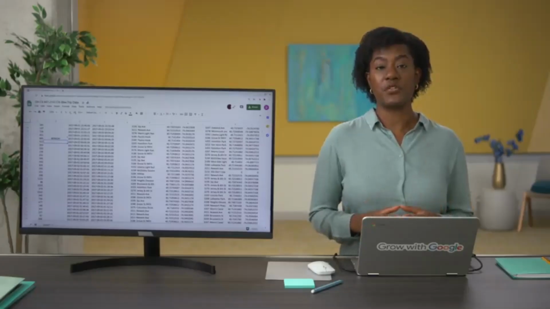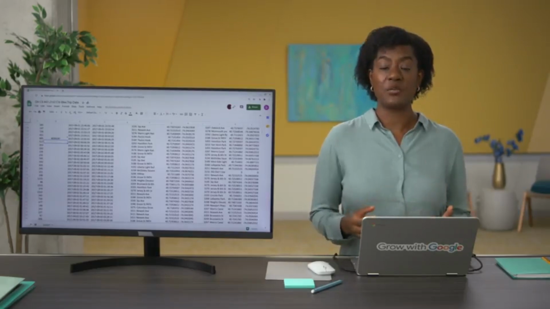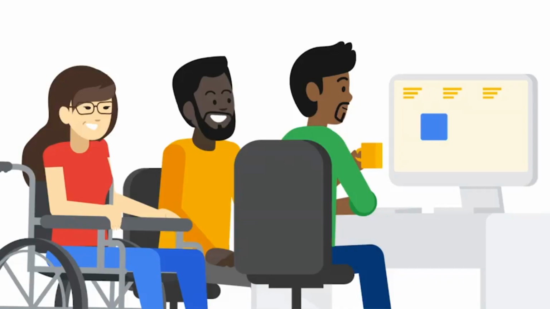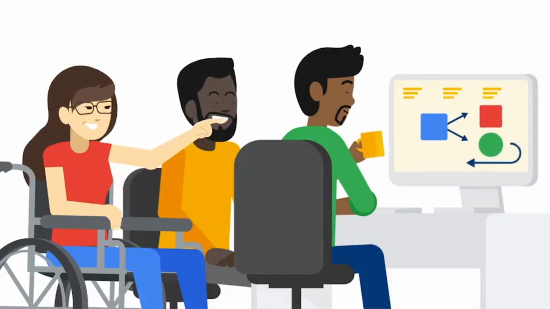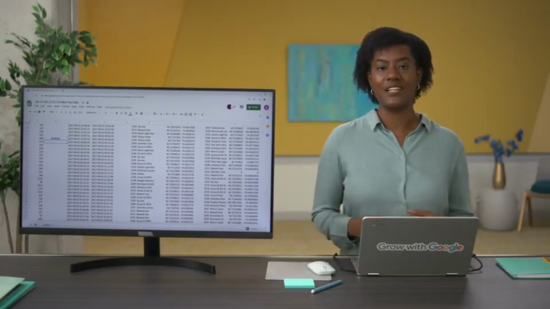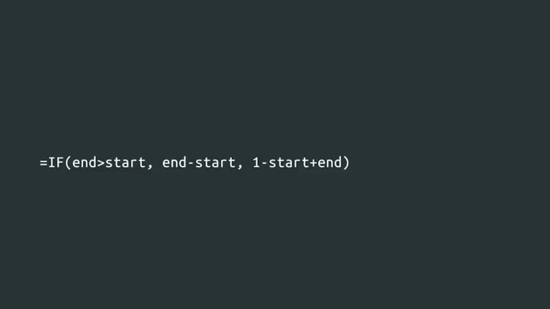And it's pretty inefficient to scroll through every bike ride to pinpoint these special cases. You need to find a way to build a conditional formula, but you aren't sure how. So you decide to check in with other analysts working on your team to see if they have any ideas. You could send them a quick email or stop by their desk to find out if they have a minute to talk it over with you. Turns out they had a similar problem on a previous project, and they're able to show you a conditional formula that you could use to speed up your calculations. Great. They suggest using an if formula like this. This basically says that if the end time is larger than the start time, replace the standard end time minus start time formula with 1 minus start time plus end time.